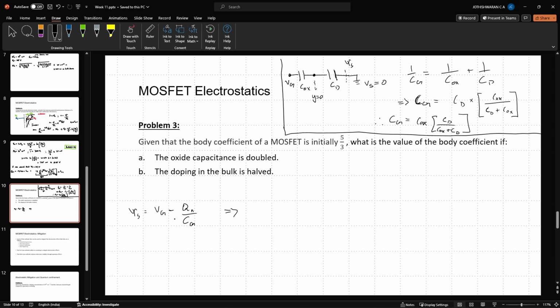Now Vg is this. So from this, what we will get is, I can just write this quantity as Q is Cg times Vg. So psi s is going to be Vg into 1 minus,